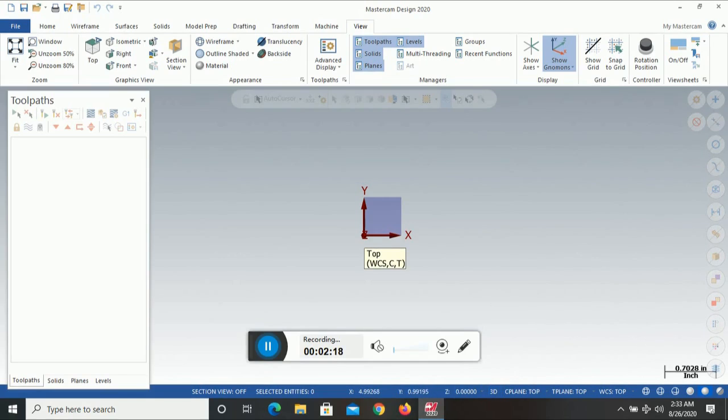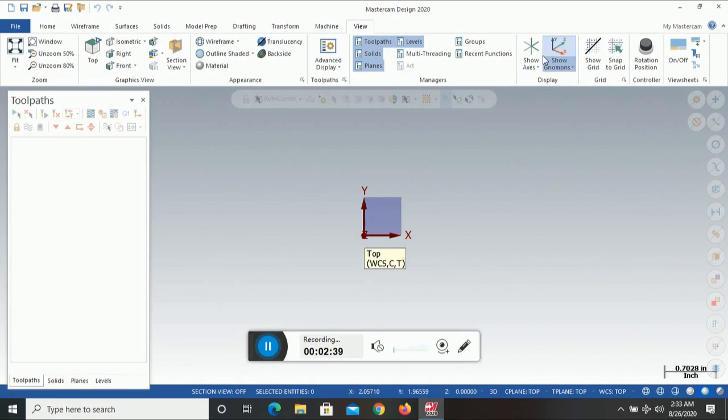Here we can use the quick mask, like select all the point entities, select all the arc entities, select all splines, then solid surface, and then deselect all. So this is the quick mask panel where we can directly access many things.